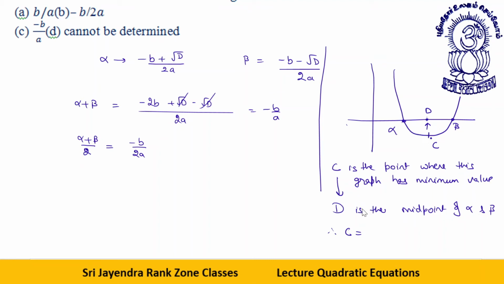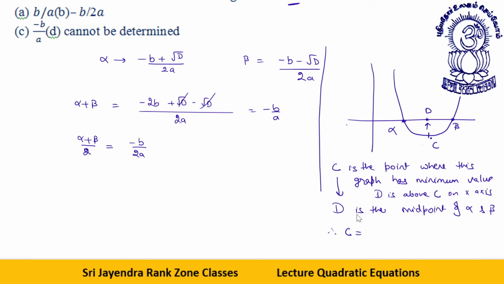D is exactly above A. Okay, D is above C on the x-axis. On the x-axis, basically we need to find the x coordinate. We need to find the value of x, so x will be found on this. Here also you can find the value of x, no problem, but this will be the proper way.